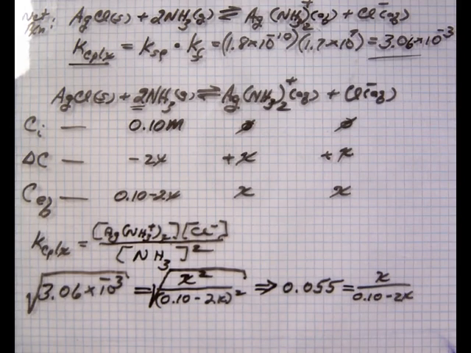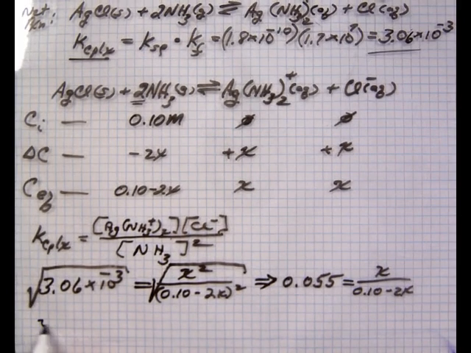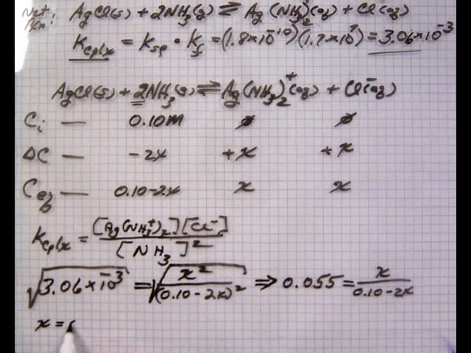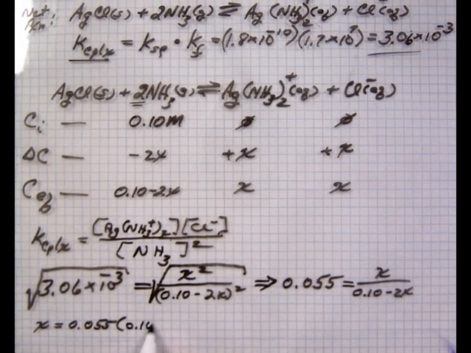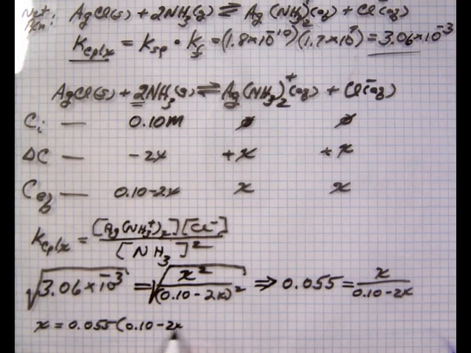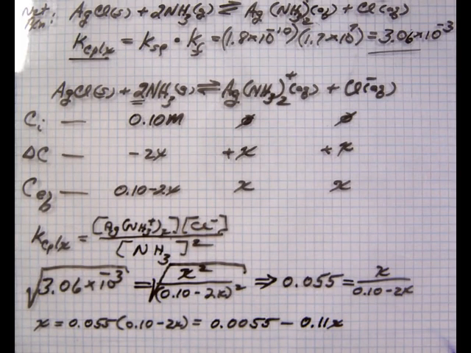And so this is an equation in one unknown, so we'll solve this for x. So x now is equal to 0.055 times 0.10 minus 2x, which is, distributing the 0.055 through the parentheses, we have 0.0055 minus 2 times 0.055, or